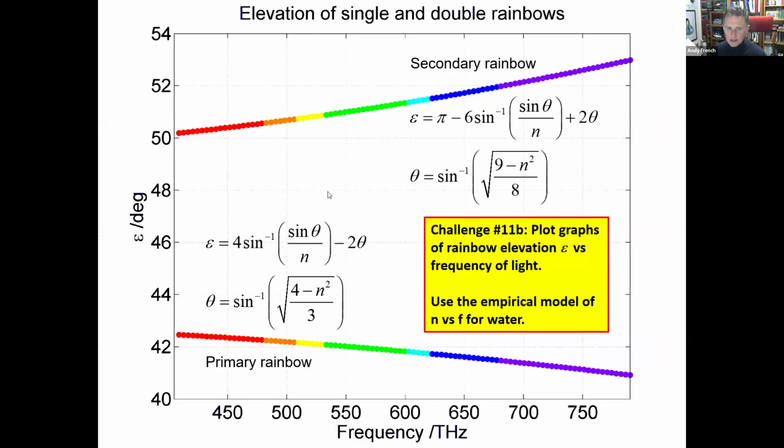And then, this has got a nice output. So this is the actual angle of elevation of the maximum versus frequency. And you find it's about 42 degrees. See, that number comes up again. It's a bit more for the secondary rainbow. And you'll notice that the colors are inverted. So next time you see a rainbow, the secondary bow has the reverse colors to the other one.